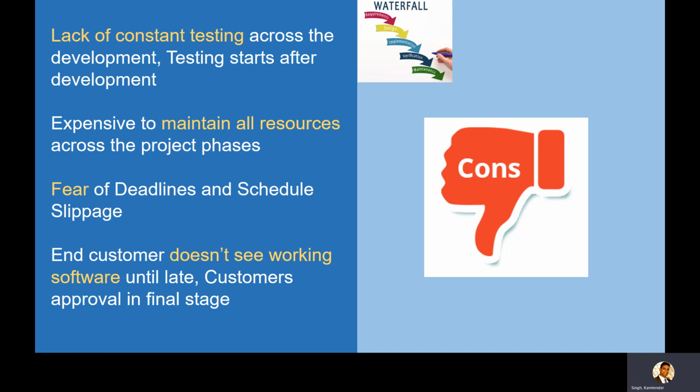What may happen is that when you come to the user acceptance testing or the quality analyst testing your application, you may find a lot of understanding problems, which can be caused because of communication gaps across all the phases. Because you always have a fear of what if something happens in testing, you need to maintain your resources. Even if we say that the requirement phase is done, if you had a heavily loaded team of business analysts in the requirement phase, of course we ramp down a little bit, but we still maintain all the resources just in case something happens, which becomes basically expensive for the project.